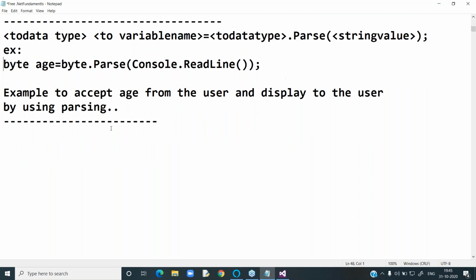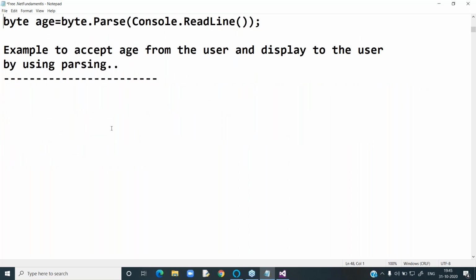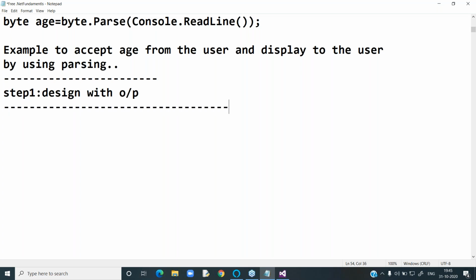Solution is this. Example to accept age from the user and display to the user by using parsing technique. Step 1, design with the output. Design with the output, right? So that is the story.